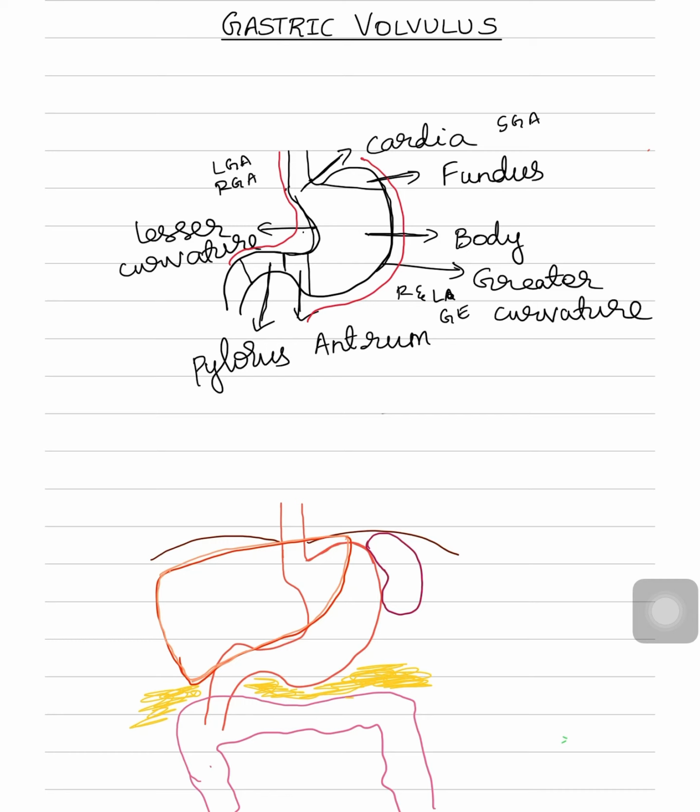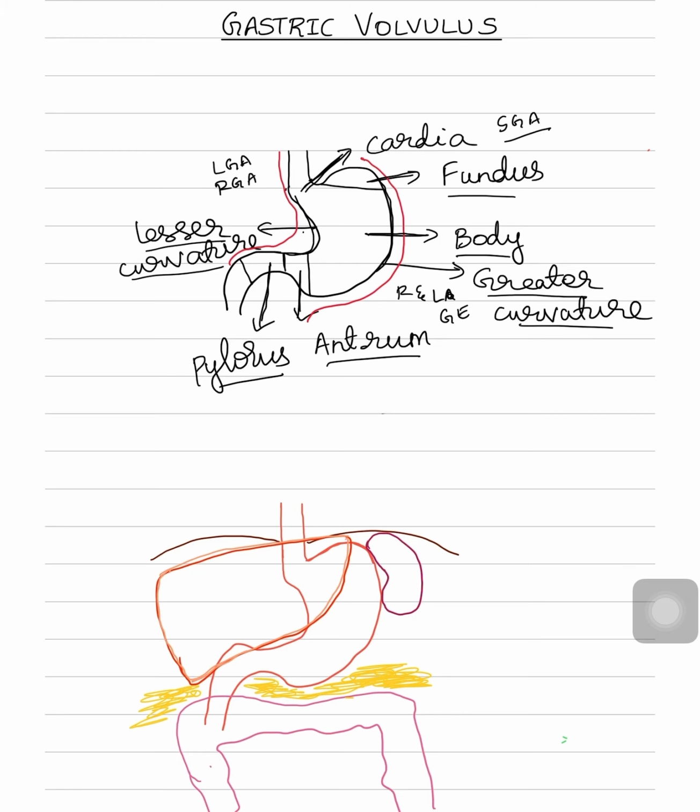First, coming to the gastric anatomy, the stomach is divided into the region of the cardia and the fundus, the body, the antrum and the pylorus. So this is the greater curvature and this is the lesser curvature. Along these curvatures, the blood vessels supplying the stomach are running. On the lesser curvature, you have the left gastric artery and the right gastric artery. Along the greater curvature, in the upper part you have the short gastric arteries and in the lower part you have the right